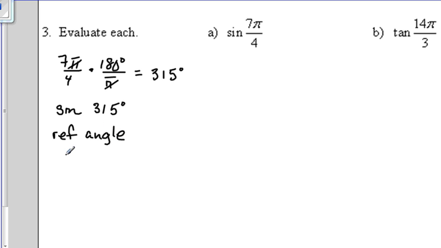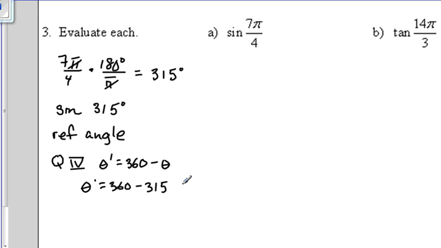315 degrees is in quadrant 4. In quadrant 4, to find the reference angle, recall that it is 360 minus theta. So theta prime, the reference angle, is going to equal 360 minus 315, and that is 45 degrees. Now, the sine of 315 degrees, therefore, is going to be the same as the sine of 45